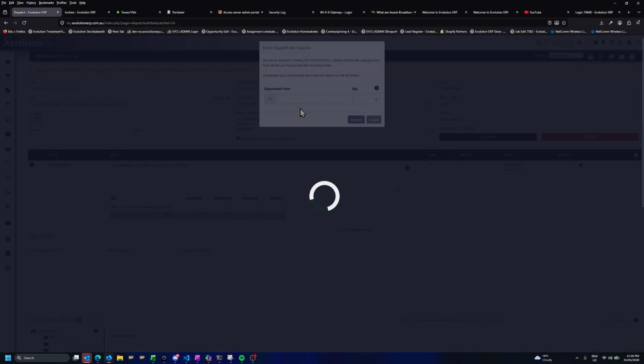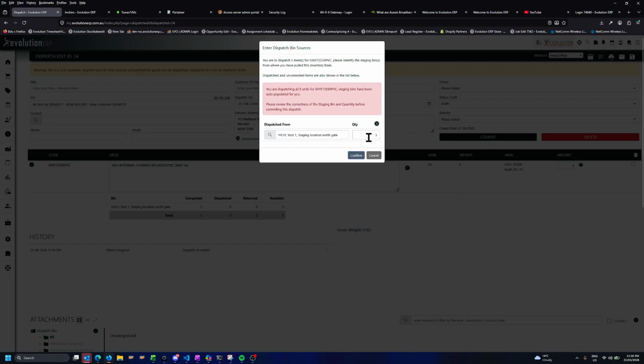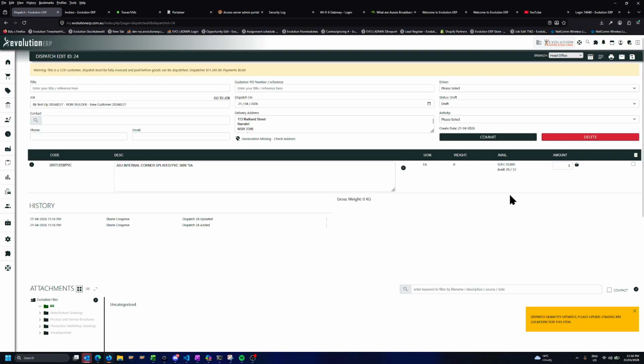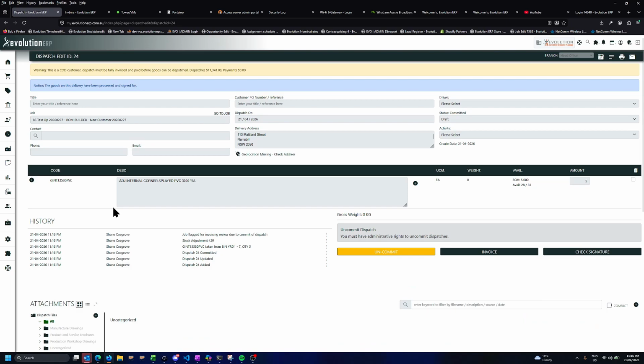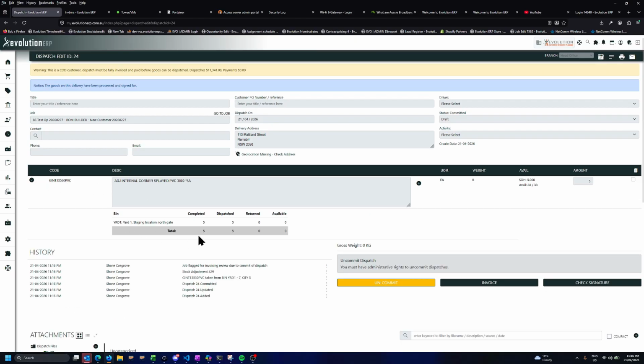We can go ahead and map that bin location as from the yard. Yep, that's all been auto-populated. We'll confirm, and we'll commit that. So that dispatch has now been sent out of the yard, and we can see that we dispatched 5 of 5. If we head back to the job,